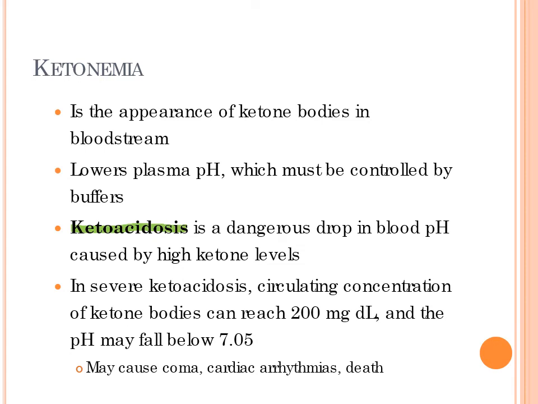With diabetes, you're either insulin resistant or you don't have enough insulin, so your glucose is not getting into your cells. Your cells start to break down lipids and proteins and increase circulating levels of ketones, and that's why it's dangerous for diabetes to go untreated, because you can fall into this ketoacidosis and have that severe drop in pH and go into a coma and ultimately die from complications of diabetes.